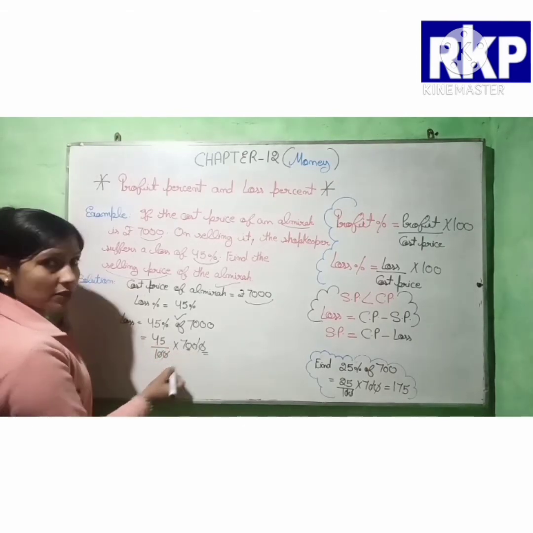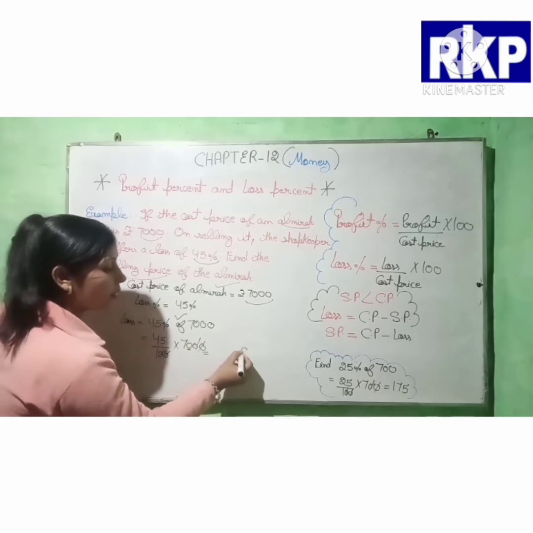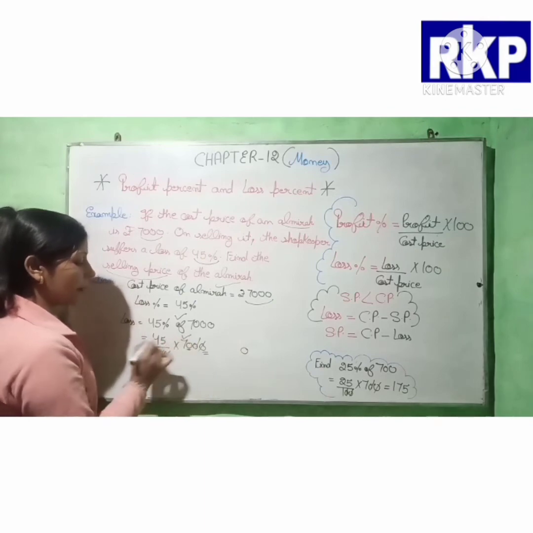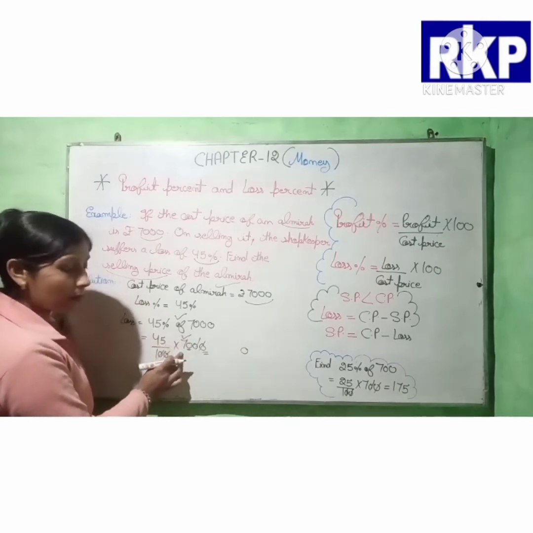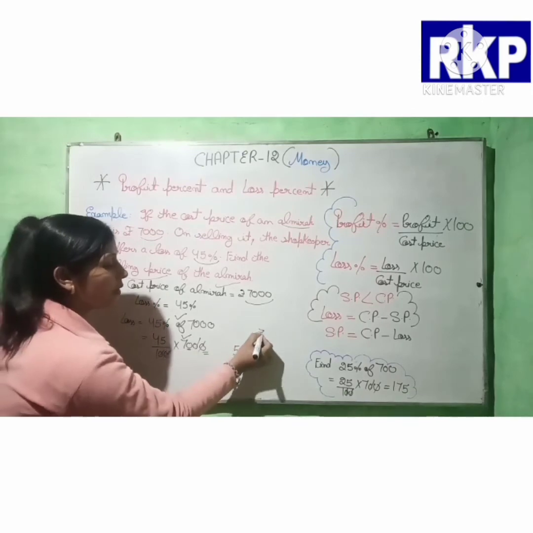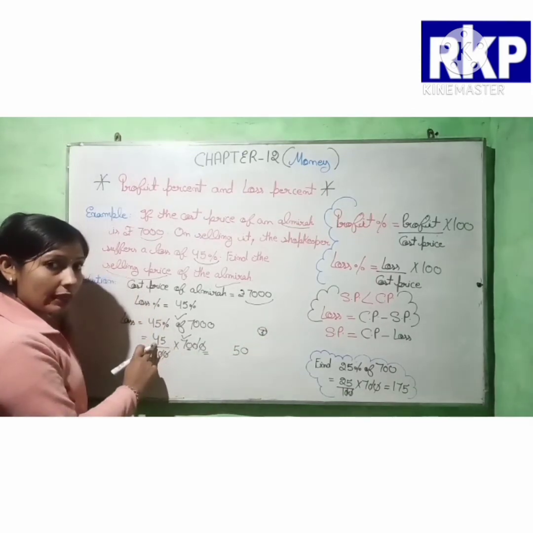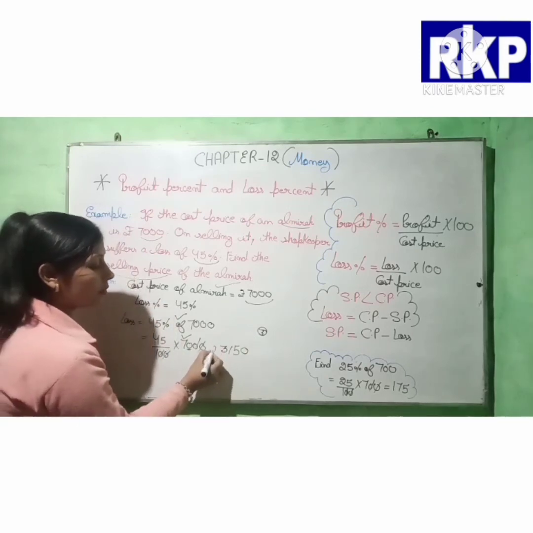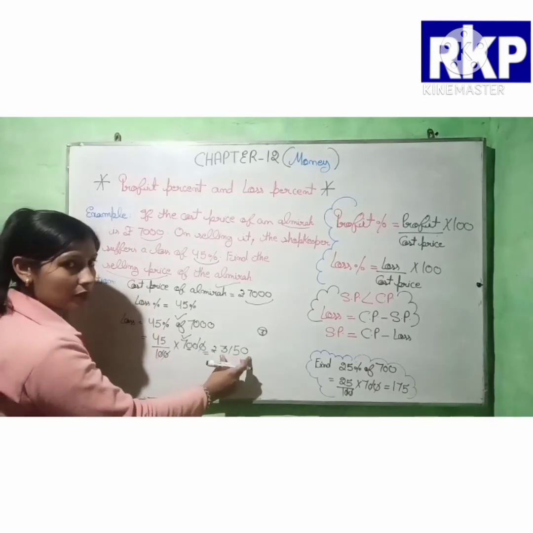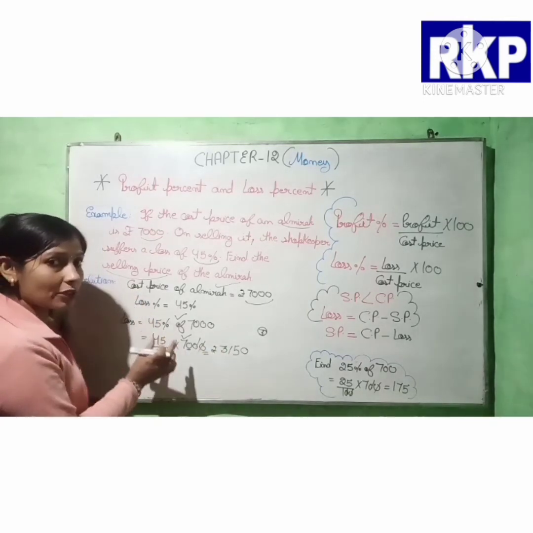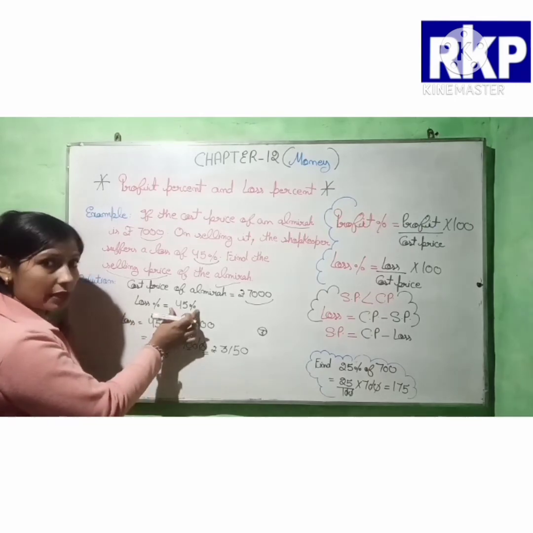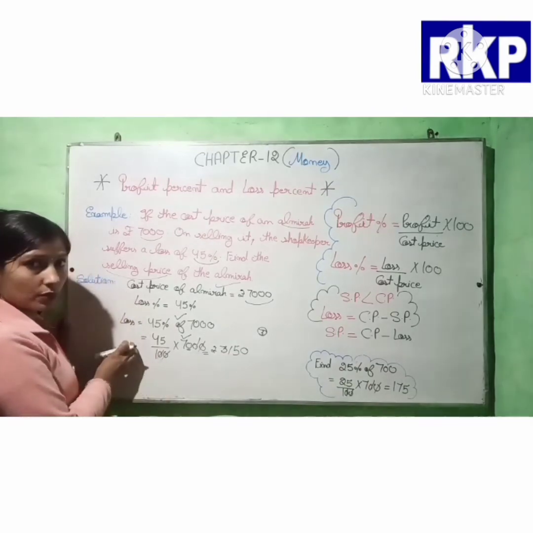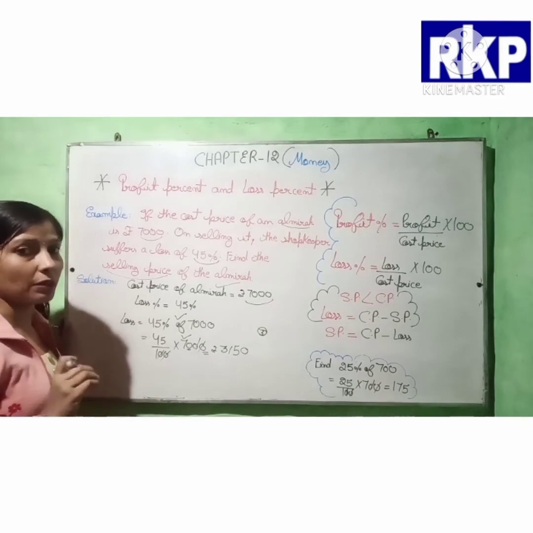Okay, here we have 10 at the end, so here you can write this 0 at last. Now we have to multiply this 45 with 7. 7 5s are 35, 7 4s are 28, 28 and 3, 31. So 3,150 will be loss, will be actual loss. Okay, 45% is loss percent and 3,150 is loss.